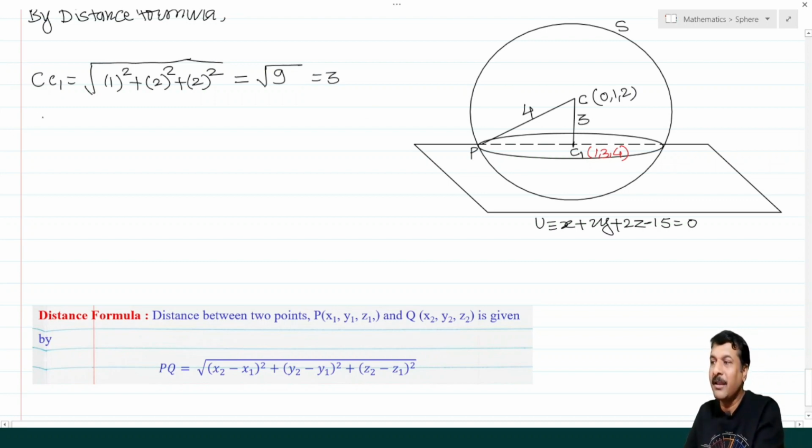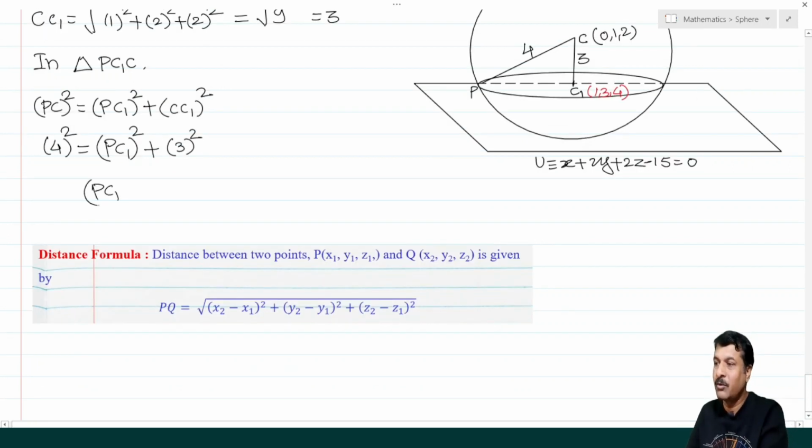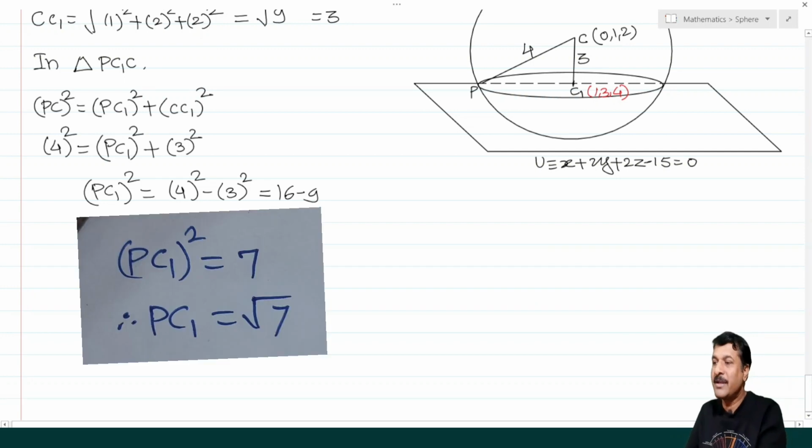So in the triangle, or you can say in the right angle triangle PC1C, PC whole square equals PC1 whole square plus CC1 whole square. So put the values. PC we have 4, so it is 4 square equal to PC1, which we want to find, plus CC1, which is 3, so 3 square, that is 9. So what is the PC1 whole square? I am getting here 4 square minus 3 square, means 16 minus 9. So I am getting PC1 whole square equal to